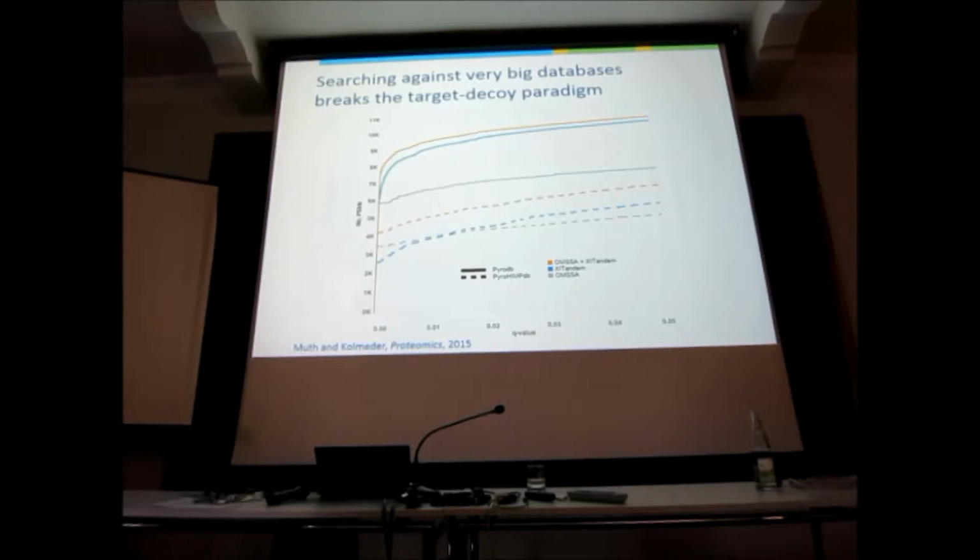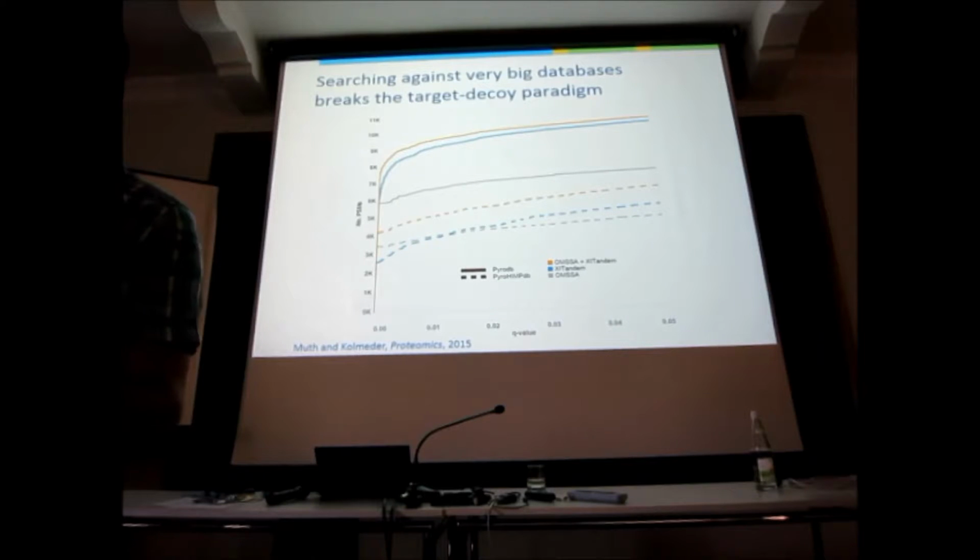Second, the harder the task gets, the more benefit you get from multiple search engines. Okay? So teamwork matters when it gets hard. But the problem, of course, remains that this is very unsettling. At 1% FDR, we go from roughly 9,800 to 4,500 hits. That's half of the stuff, poof. It's really, really annoying. And it's just because we changed the database.